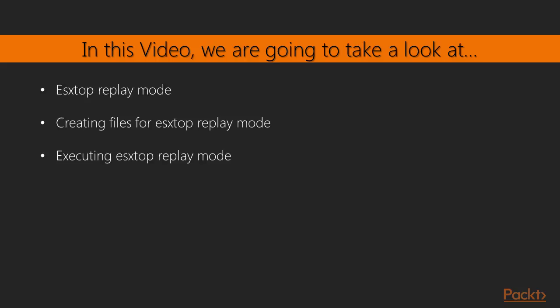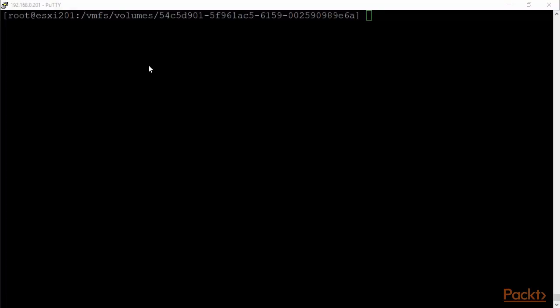And then at the end of the lab, we will go through the whole process of executing the esxtop replay mode using as input the set of files that were just created. So I'm logged in to one of my ESXi hosts. It's 192.168.0.201. I'm in one of my data stores, which, as you know, exists in the directory